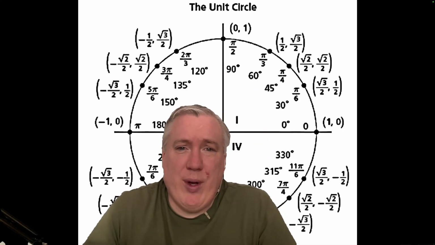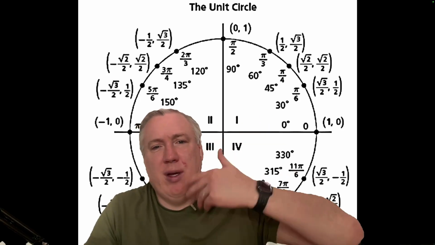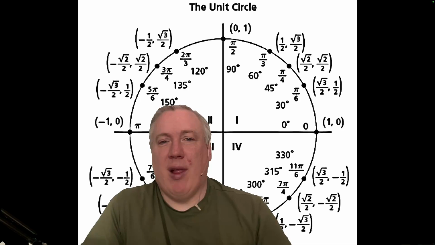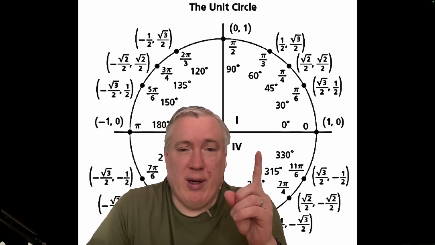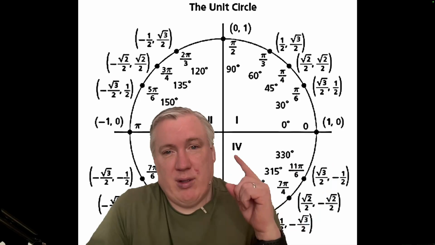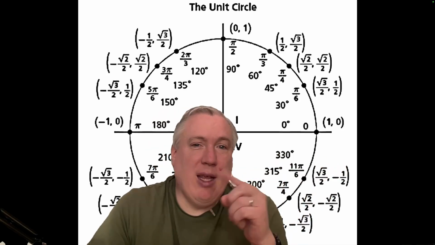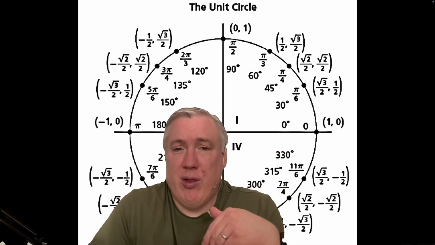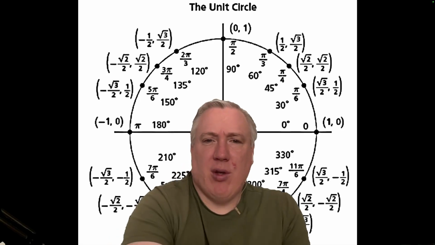Now here's the deal. When you raise something to an exponent, what you're doing is you're multiplying the value again and again, but then you're spinning it again and again. Well, everything on the unit circle has a value of 1. That's what makes it the unit circle. It's 1 away from 0. So when you raise 1 to any power, the value remains 1. The only thing it changes is where it is. It starts to spin around. So all I have to do here,